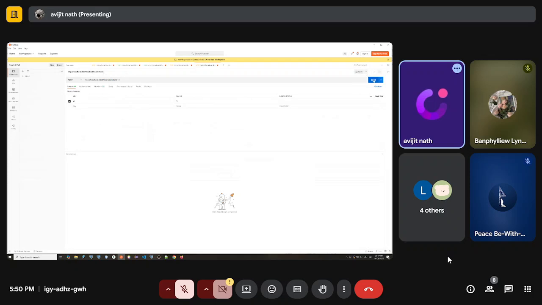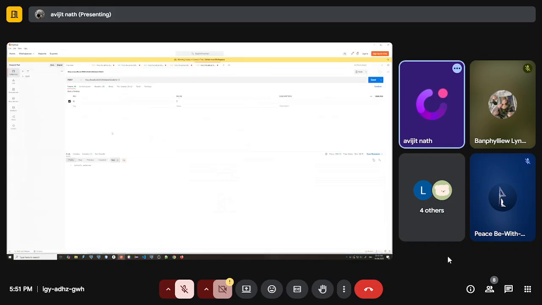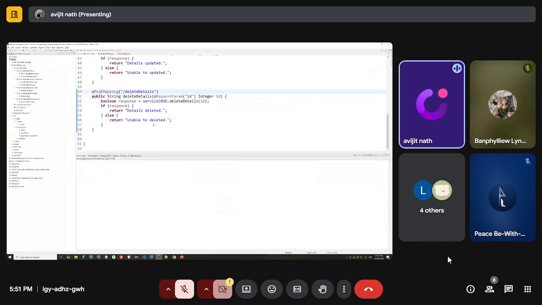So if I execute this one, see, details deleted. No more details. You can see our details which we inserted are no longer there. You can verify from here also. These details, execute, see, now only one record is there. So whatever record we inserted is already deleted. Correct? So this way you can use the map to insert, delete, search, whatever you want to do. You can use these CRUD operations